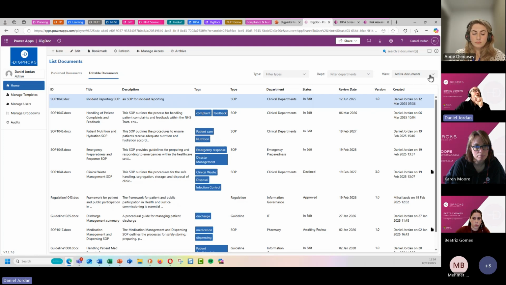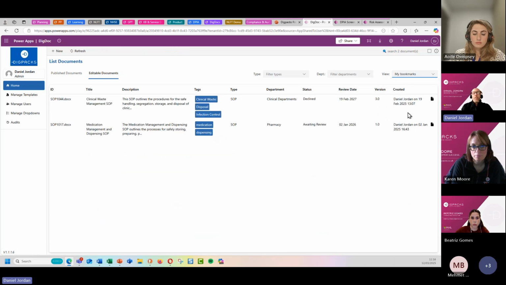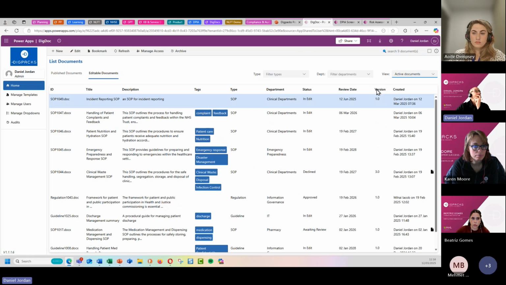Just one other thing worth noting in terms of the filters, you could build up quite a big library of these different documents that you have access to. Maybe some are of more interest to you than others. So I might want to look at the particular documents that I've bookmarked to help me more easily access the documents that are of interest to me. So just to go back to the active documents,